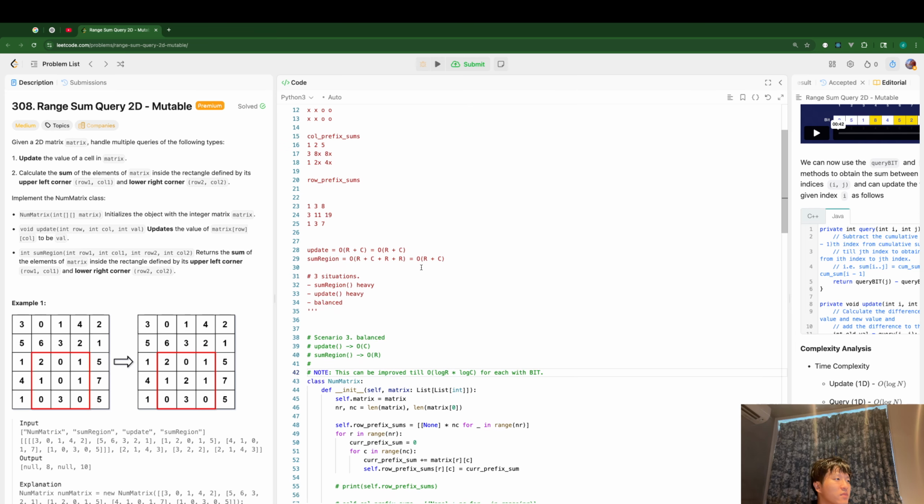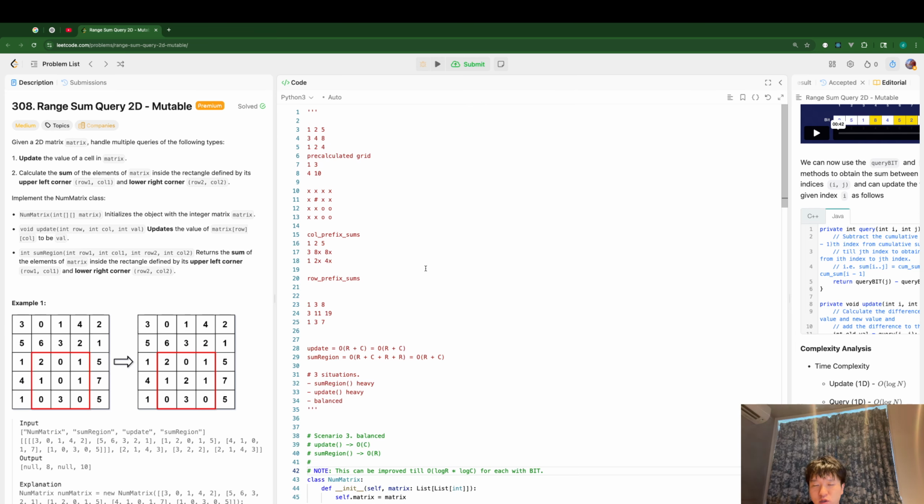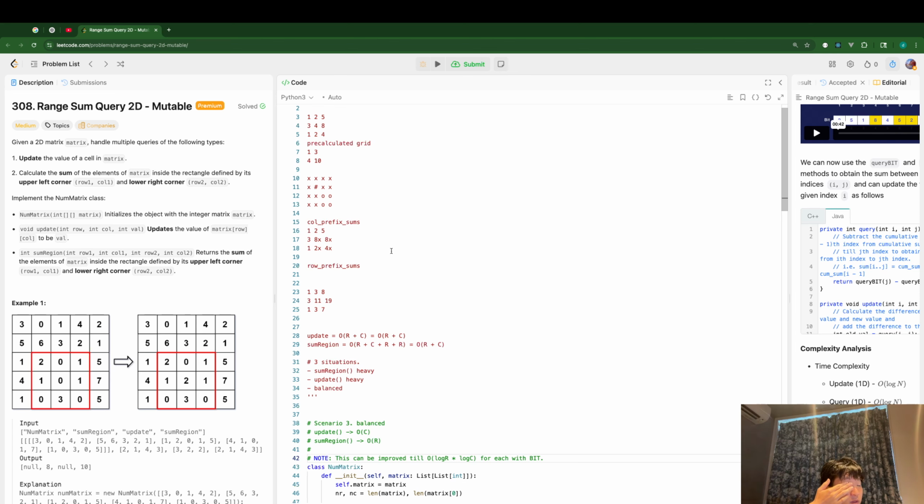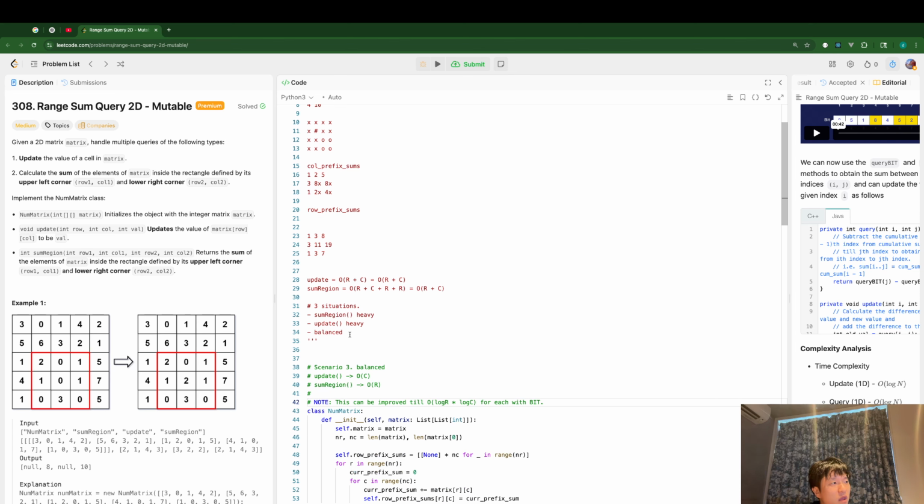Okay, interesting question. So I will quickly wrap up and finish my video. So I solved the question, range sum query mutable, and in this question, I handle 2 queries, update query and sum region query. And I introduced 3 approaches depending on the scenarios. So if the sum region method is called heavily, which means that I have to optimize sum region query, what I can do is